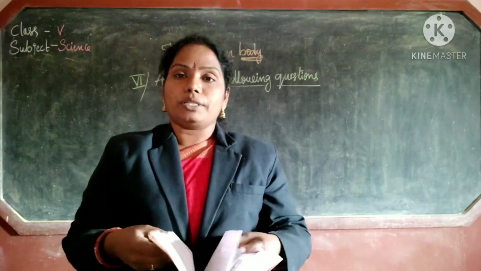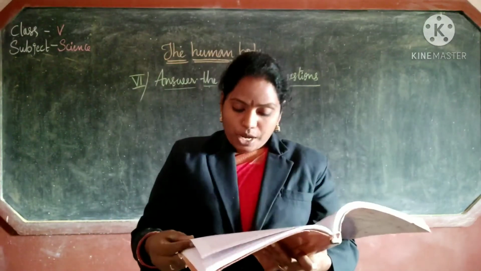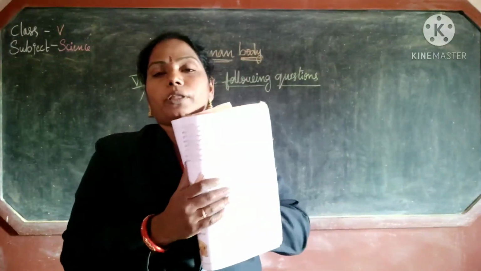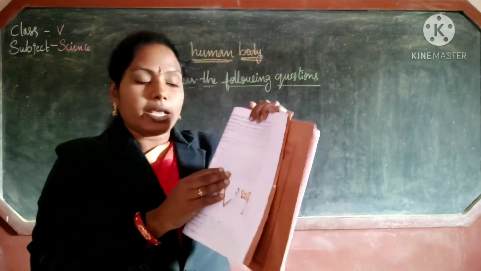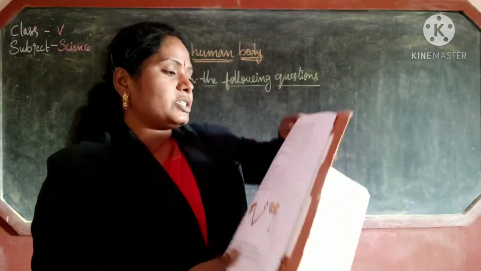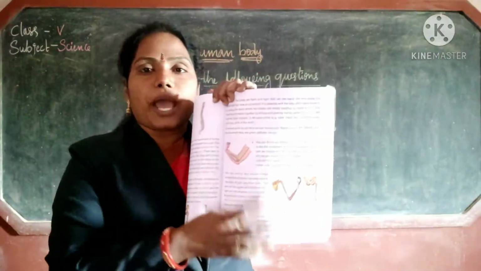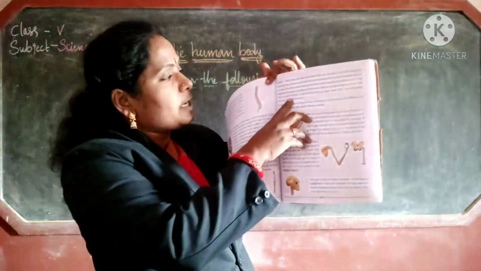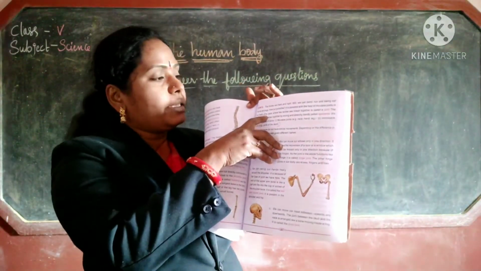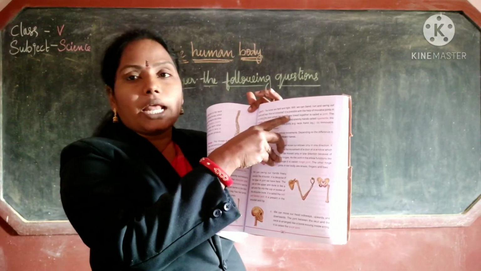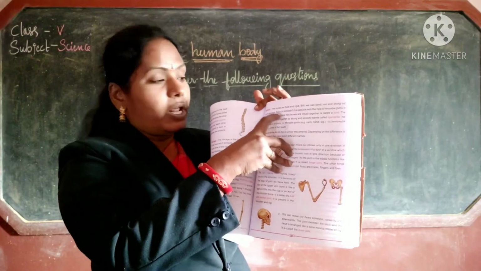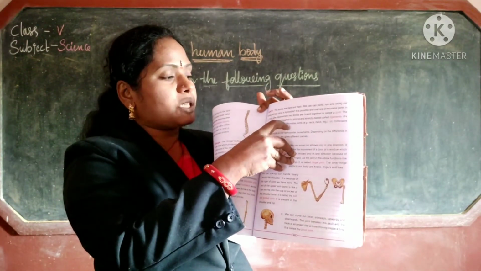Here you have to come to the page number 207. In this page, you have to come to the first paragraph. First paragraph in this third line. Which line? Third line. The place where 2 bones are linked. Here onwards to last of the paragraph, last of the paragraph up to skull.